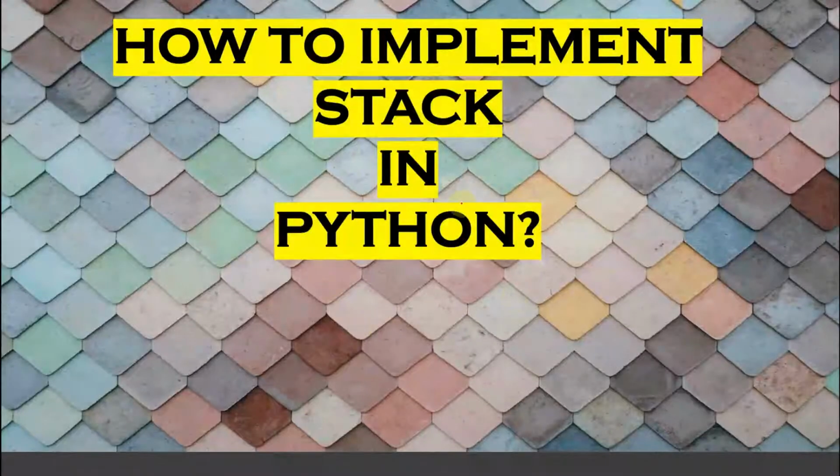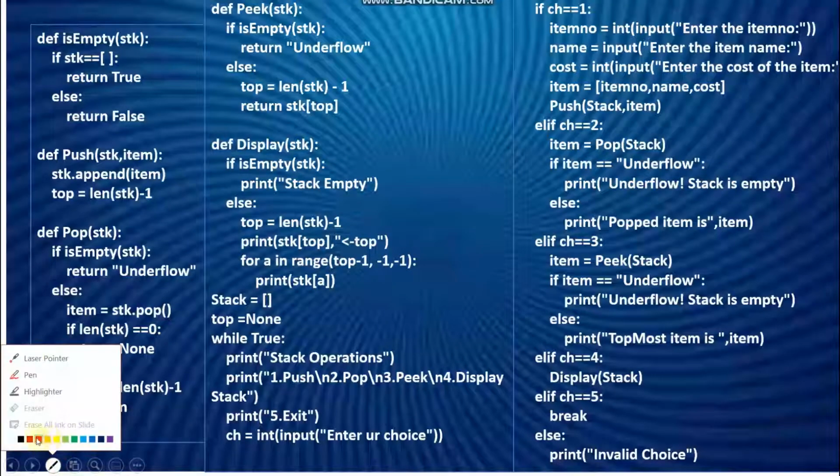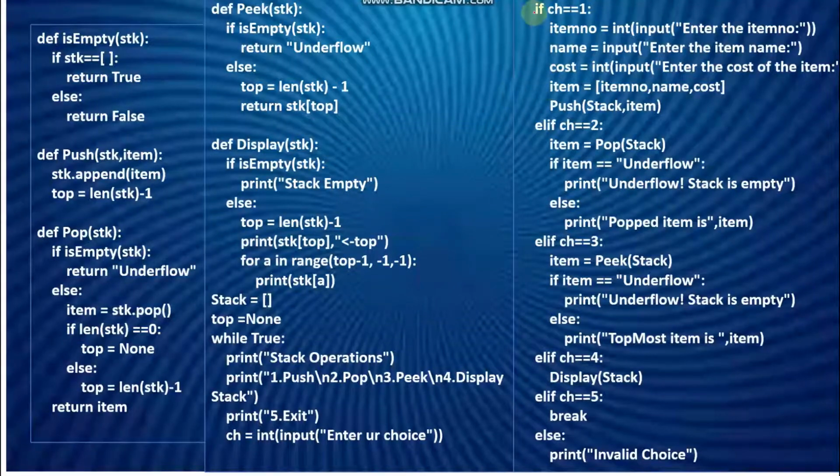So what is the question in your mind? How are we going to implement the stack operation in Python? This is the Python program which is going to implement the stack operation. Here, if you see, the stack is initialized to empty and top is equal to None. I have a variable called top, but I don't have any value for top right now because my stack is empty. This means that I'm going to implement the concept of stack using a list, so I have just initialized it as a list and I have it ready.